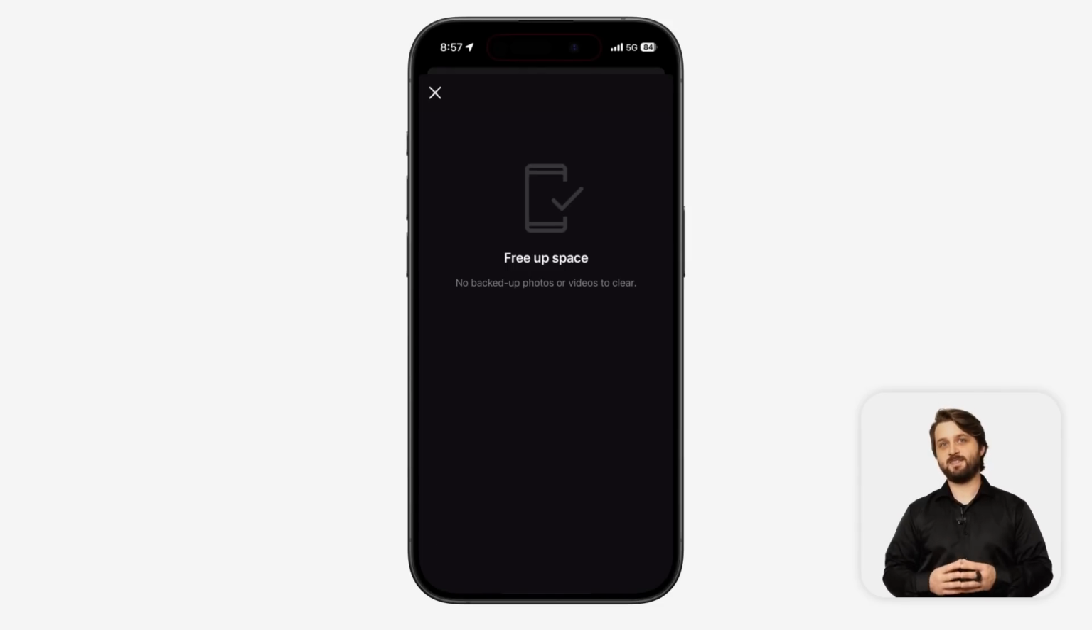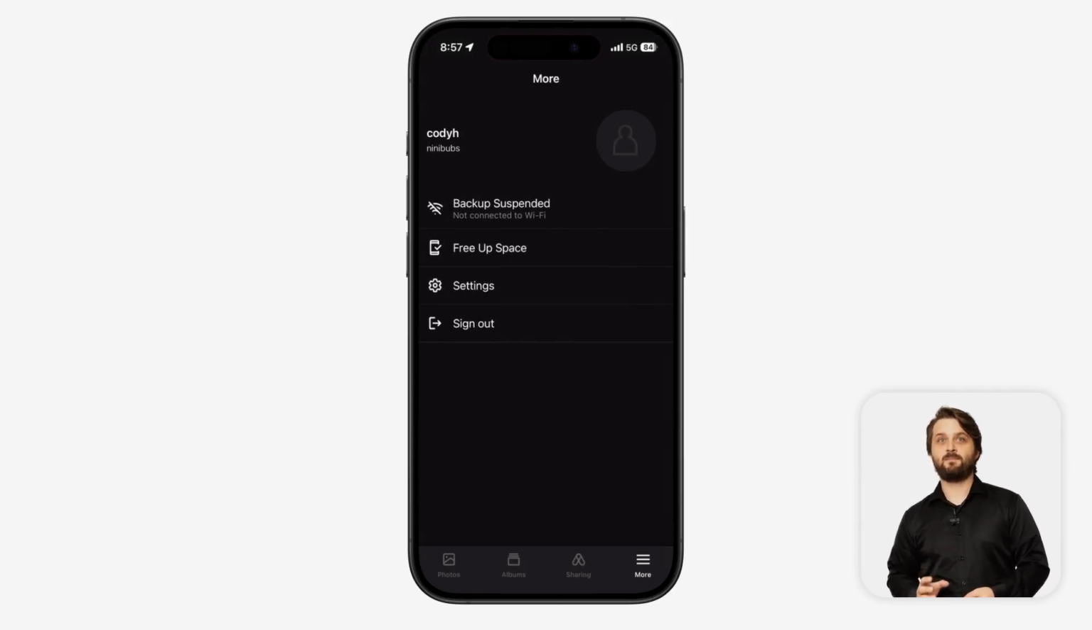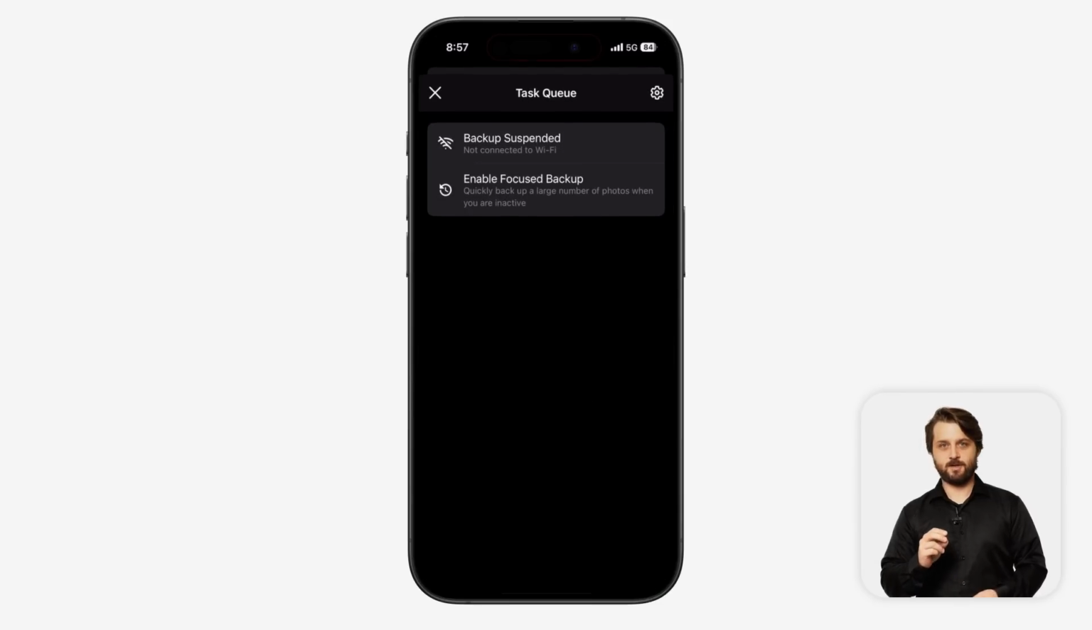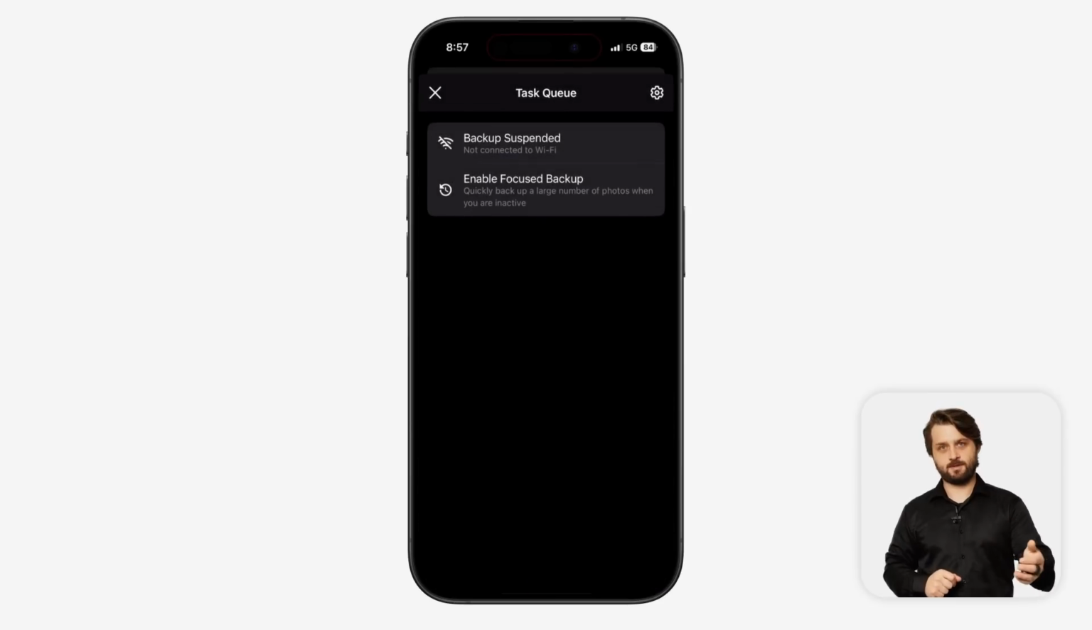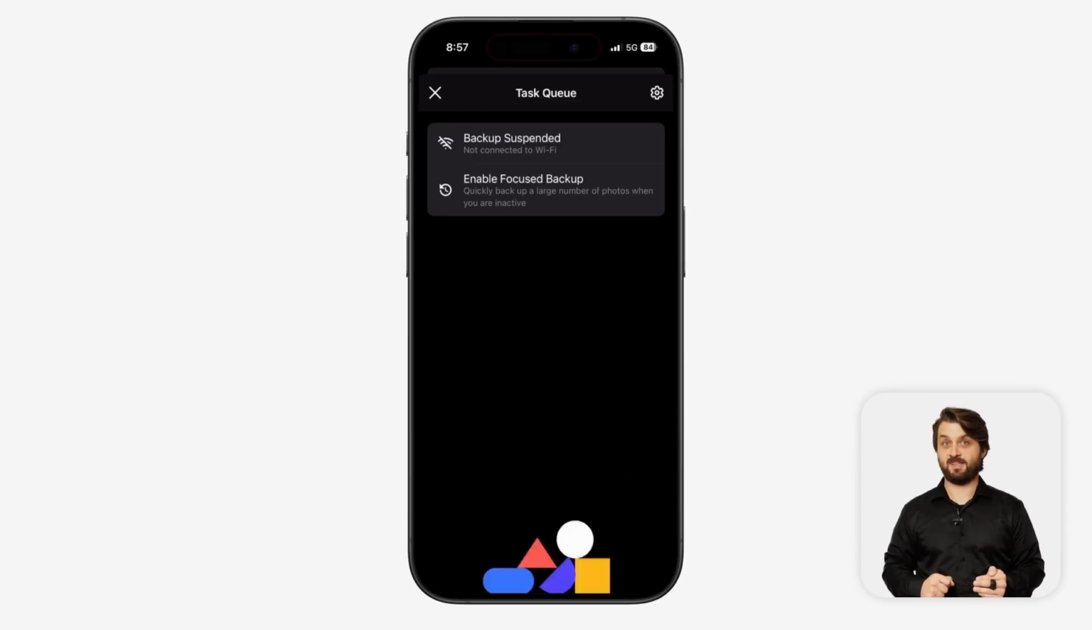Now, once that's all complete, we can also take a look at some other settings that we have for the specific backup task. You can also enable a feature called Focused Backup, which has a higher performance overall for the backup task. It can back up a larger amount of photos quicker than if you were running the backup normally. However, you can see there's some specific rules for actually enabling this and utilizing it correctly, so make sure